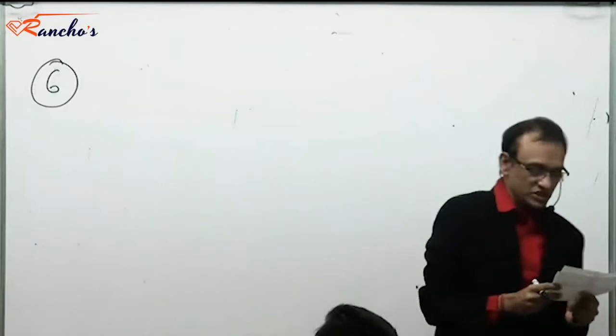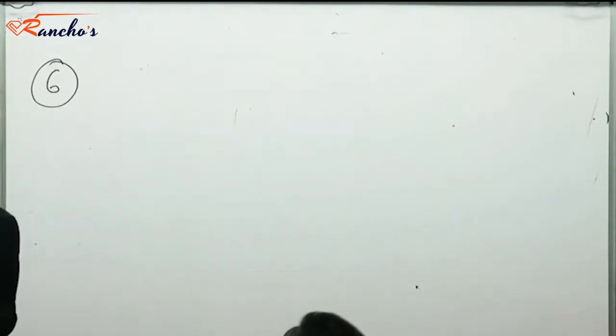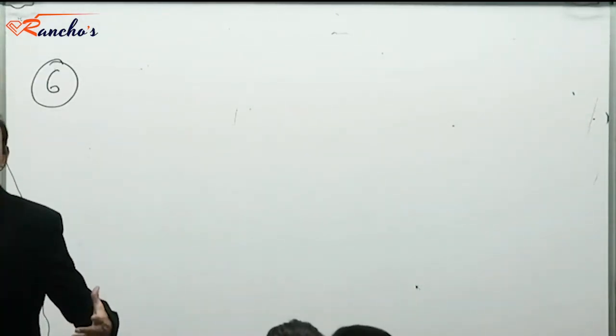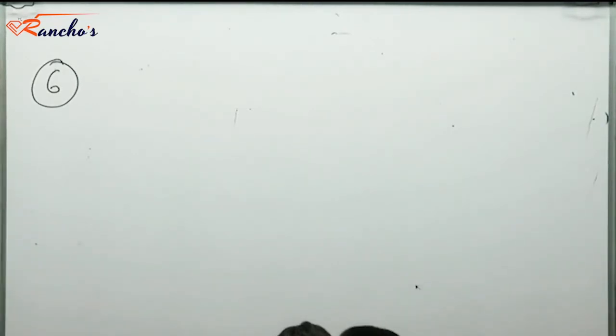Total number of positive integers with distinct digits. Obviously, there cannot be an infinite number because there are only 10 distinct digits, 0 to 9. So at best, there can be a 10-digit number with distinct digits, from the pigeonhole principle. You can't have an 11-digit number with all digits different, right? It defies the pigeonhole principle because there are only 10 digits. So first of all, it's not infinite, it's finite only.